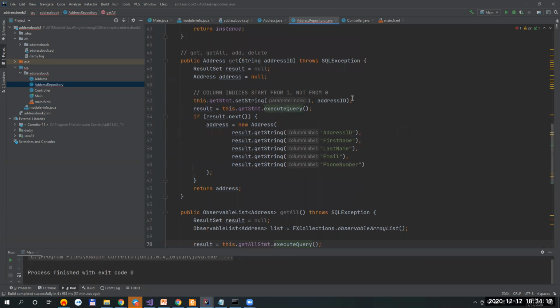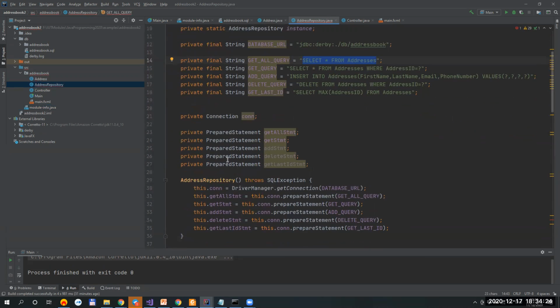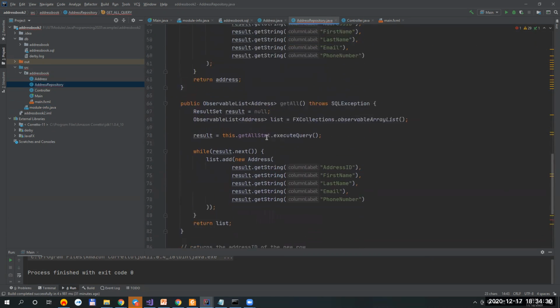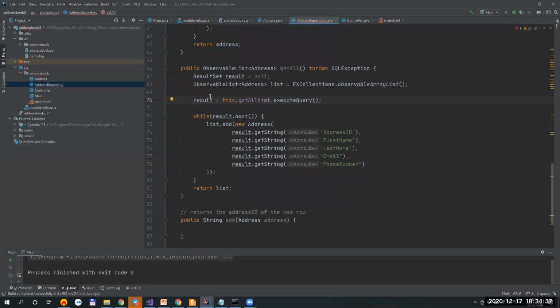Note, I'm not setting any parameter, any value. Why? Because this particular get all statement doesn't have any question marks, so I don't need to fill in any of these parameters. All I need to do is get the statement, execute the query, and get the results. Now I just need to iterate through the results, add all these new address objects into my list, and then simply send this list